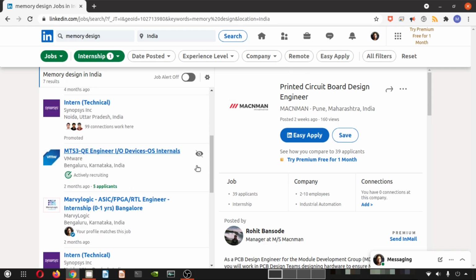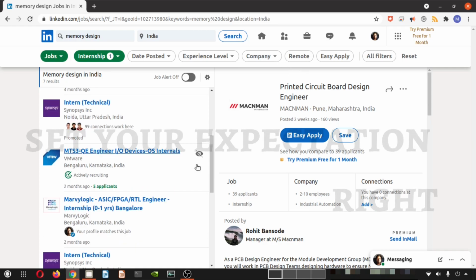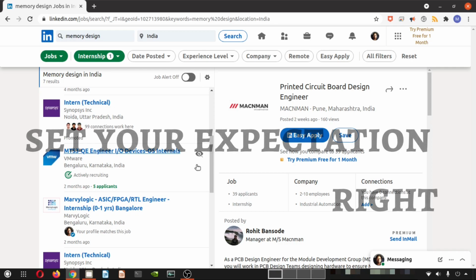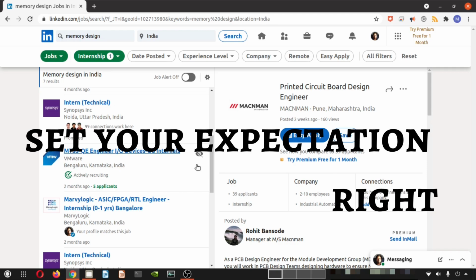When you are applying to a lot of positions, generally your expectation is that every position you apply to will give you a return, or people will call back. But think from another angle: when you apply to a position, that position will be filled with lots of CVs. The HR or the hiring manager for that post has to scrutinize them once a sufficient number of CVs has been gathered. If you are expecting that you apply today and get a call tomorrow, that is too optimistic thinking. And you must not be too pessimistic either, thinking that you are applying and not getting anything.